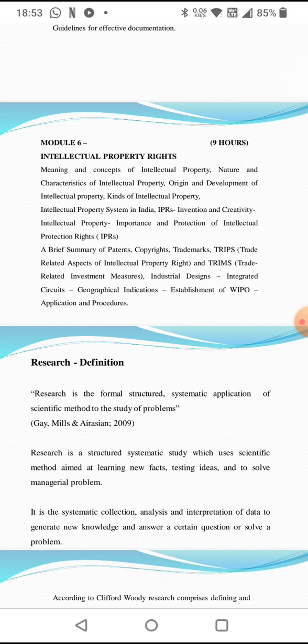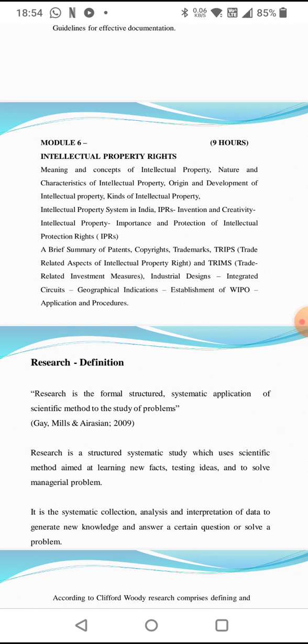And then the sixth module, that is intellectual property rights. You'll be learning about the meaning, concepts of intellectual property, nature and characteristics of intellectual property, origin and development of intellectual property, kinds of intellectual property, IPRs, invention, creativity, intellectual property rights, and the importance of those IPRs,